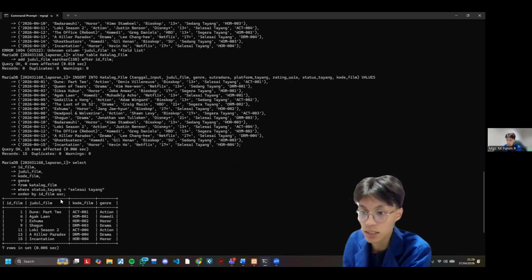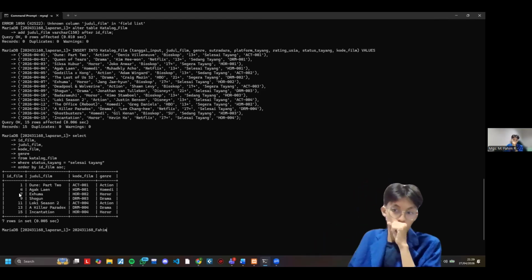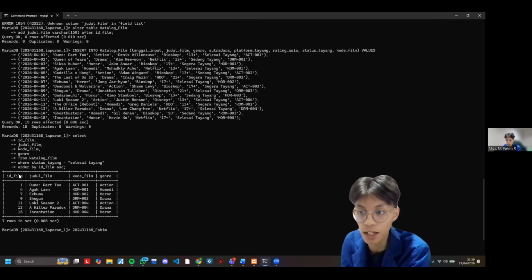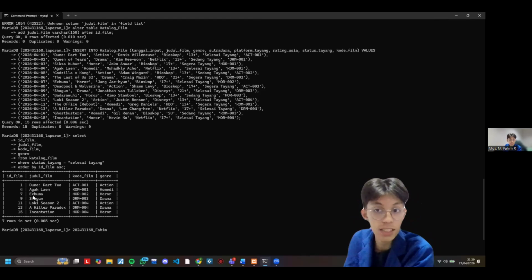And next, it must be ordered ascending, so order by ID film ascending. So the query will show like this: 1, 4, 7, 9. As you can see, the ID film is ascending from smallest to largest, and the others are shown perfectly.